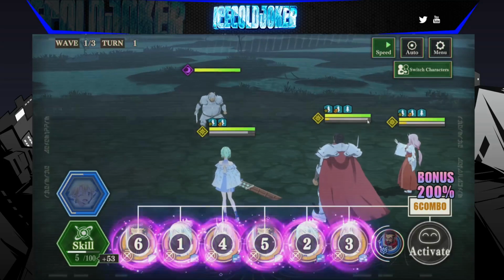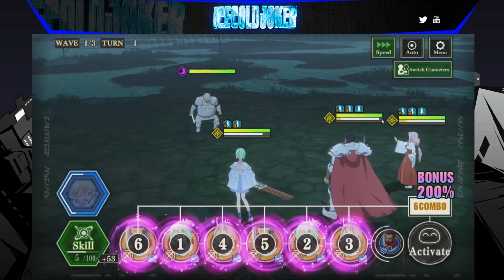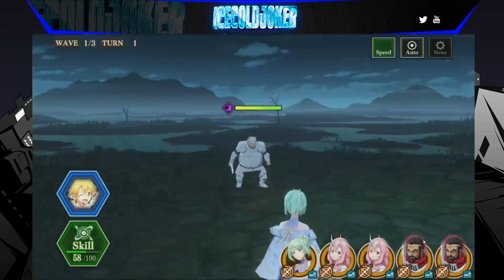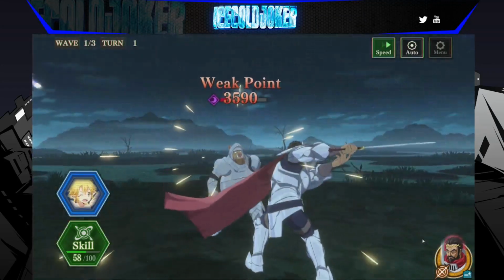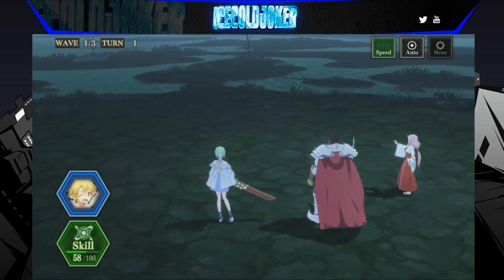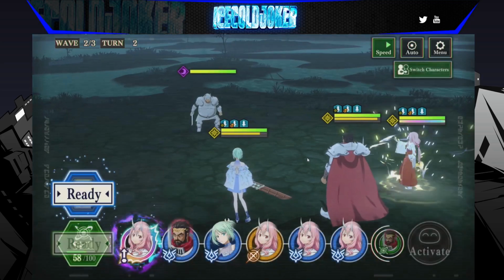And then Gazel is very, very close. If I had Hinata at 92, he would also have an ult, which would be pretty nice. But I don't have Hinata at 92. I have her at 84, because again, I'm not very lucky. So we've taken out Pig 1. Now we're on to Pig 2. And hopefully we get a good